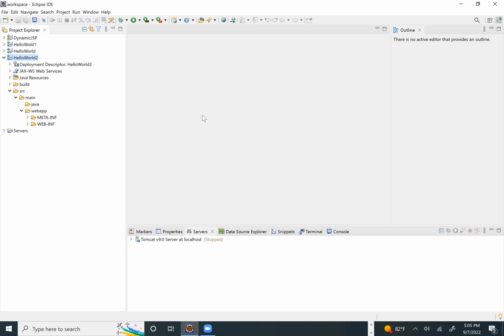Here, let me tell you the goal. The objective of this example here, I want to run hello world using Java Servlet, not JSP, Servlet. Now, we want to learn Servlet technology here. So I want to use Servlet. So we need to create a Servlet class, Java class Servlet. But remember,